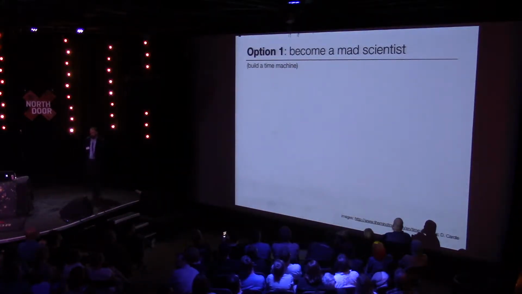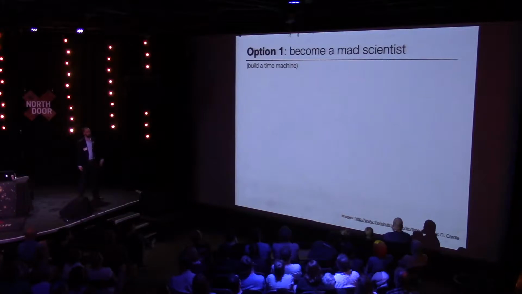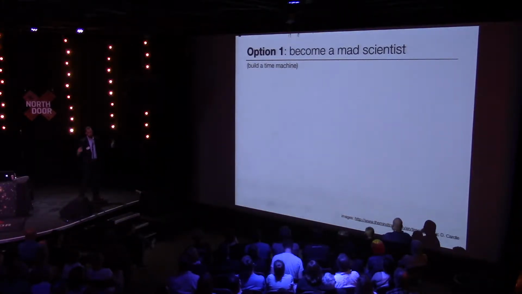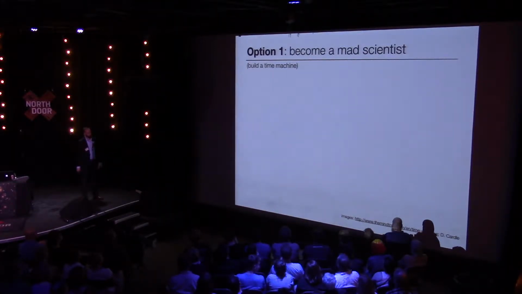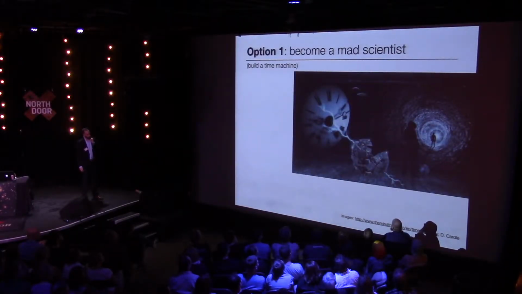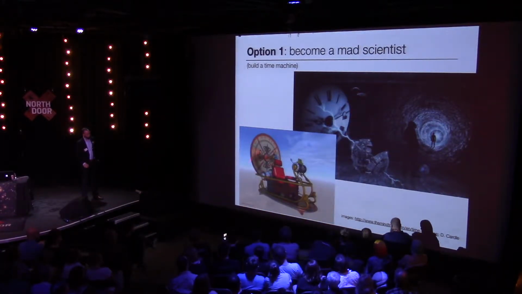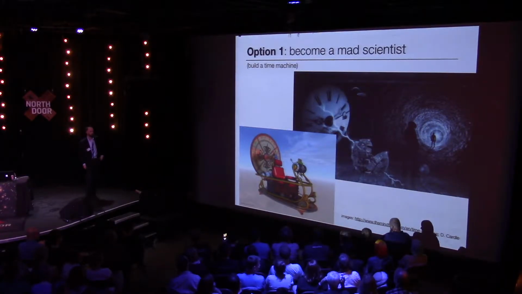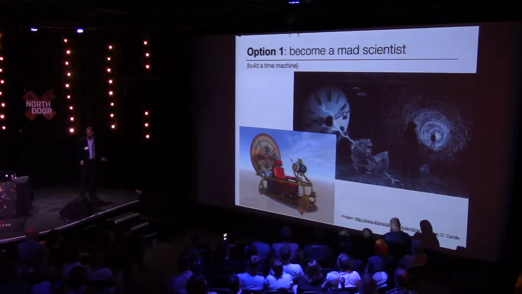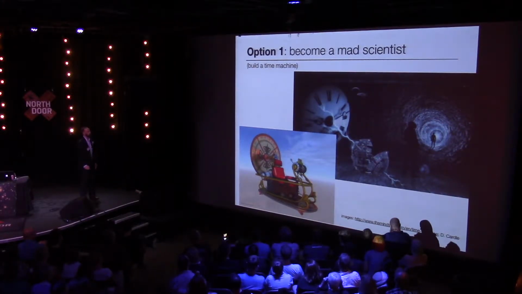So there are a couple of options for this. The first option is to become a mad scientist. So you want to build a time machine, then you can understand the universe very well. You can go to all the epochs of the universe and look at that. So I decided to use my favorite research tool, Google, to see what a time machine would look like. Apparently it looks like kind of Chris Angel in a tunnel trying to find an alien. I'm not sure what's going on there. The second most popular hit is a really messed up Santa's sleigh, I guess. I don't really know. No. So Google may not know exactly about a time machine. We're still working on this technology. Talk to me afterwards if you want to know more about that.